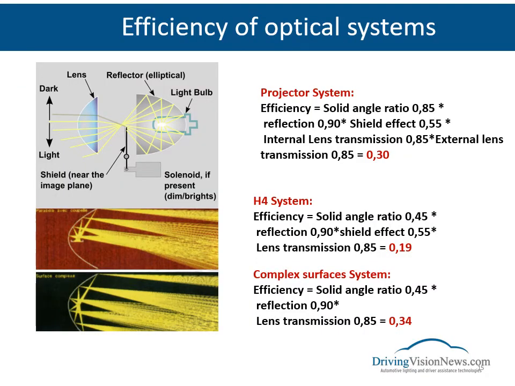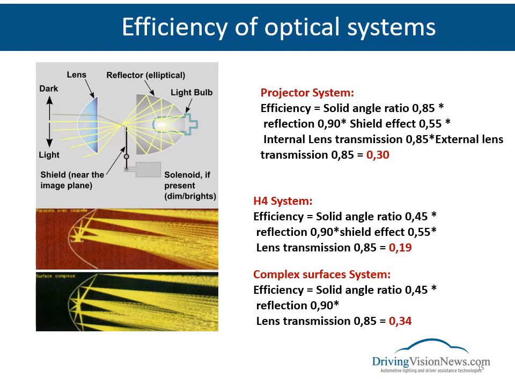On this slide you can see a comparison of the efficiency of different optical systems. With a projector system we have to consider the efficiency of the elliptic reflector by itself. So we have a solid angle of 0.85. We have metallization, and so we are losing 10%, so the reflection is 0.9. We have a shield, and with a shield we are losing 45% of the light, so we have an efficiency of